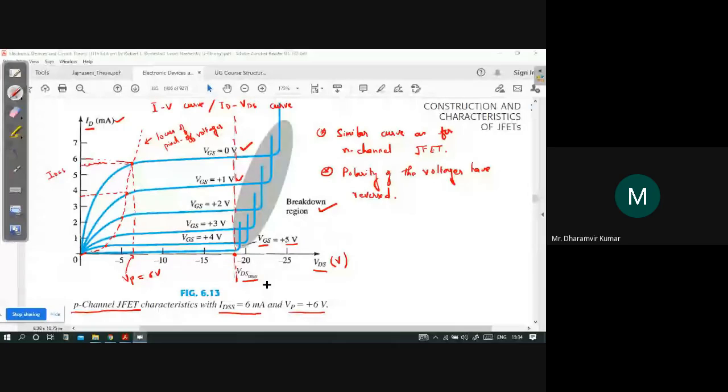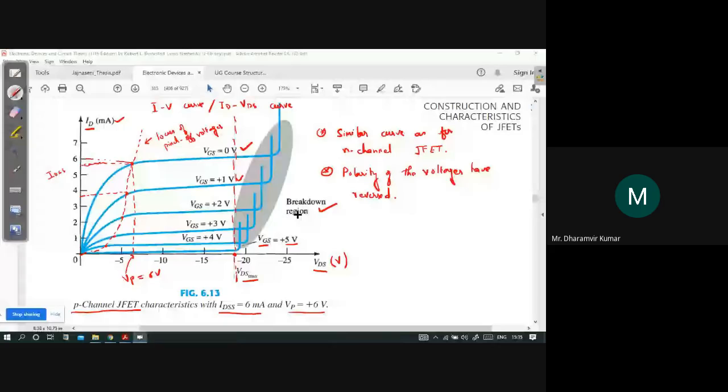And I was discussing that this is the line for VDS max, the maximum value of VDS that one should apply to the device. It is around minus 18 voltage. So we should not operate this device above 18 voltage, because then there is a chance that it will enter into the breakdown region, or it will simply break down. It will get burnt up, and it will not operate. It will become permanently dysfunctional, so you may not be able to use that device later on. It will get damaged permanently.